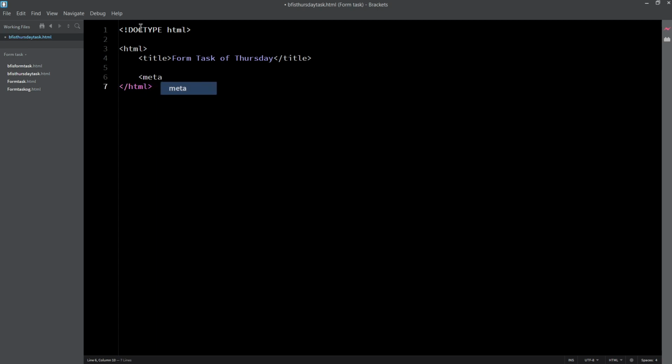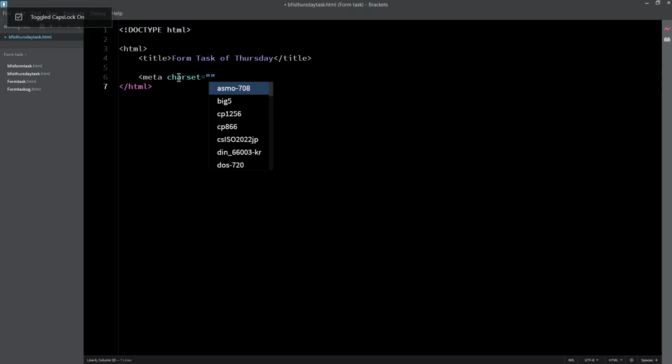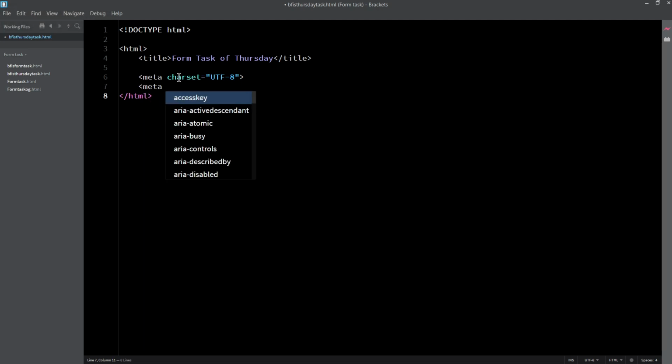But you can use IDs, it's just I don't like using it. Anyways, we'll be putting some meta charsets, like the meta tags. It basically is metadata in an HTML document. It's basically information, okay? So the meta charset is UTF-8. This is like the default one, and then we'll do